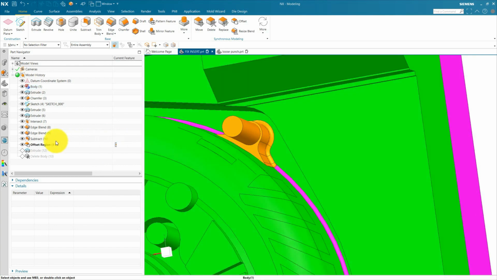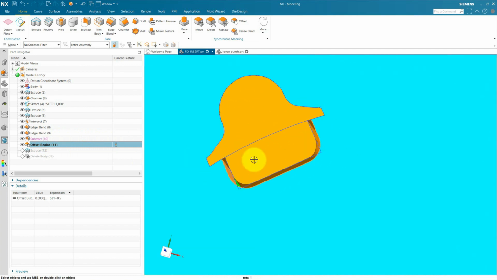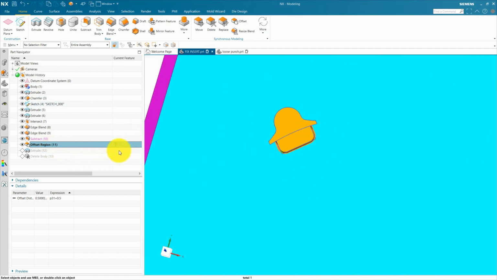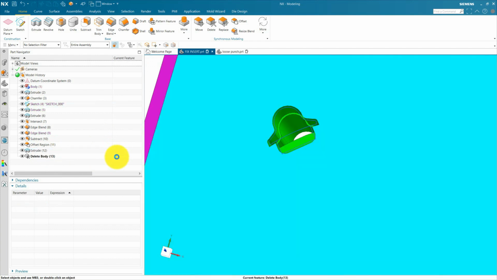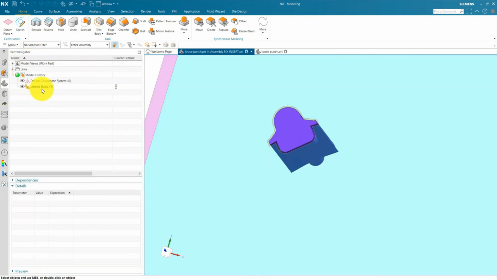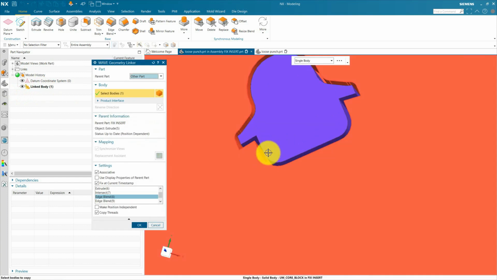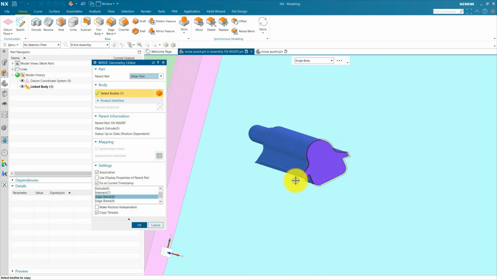And after that we add this offset for relief, and this extrude is also used for relief. Then we are going to delete this solid body available in the fix insert. Then we go to loose punch and go to link body. Now you can see our radius is not updated. That is the disadvantage of using fix time stream. We need to always come here and update.